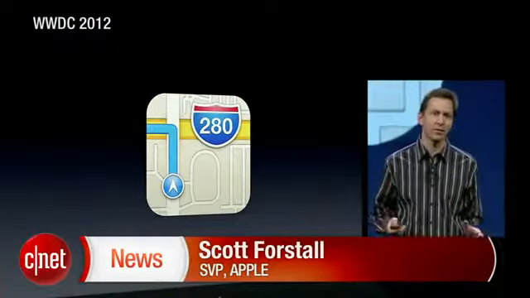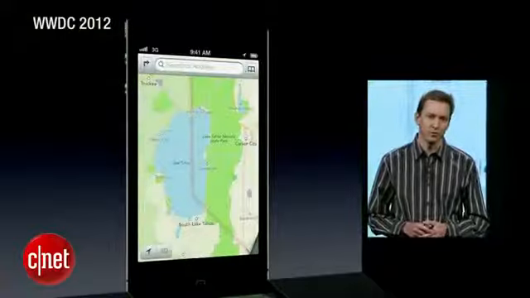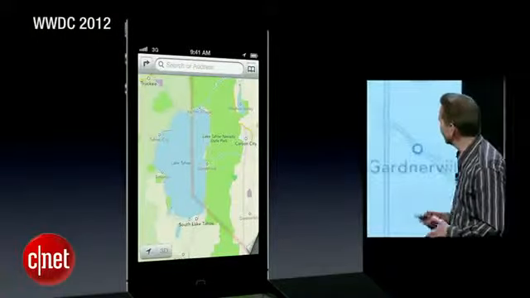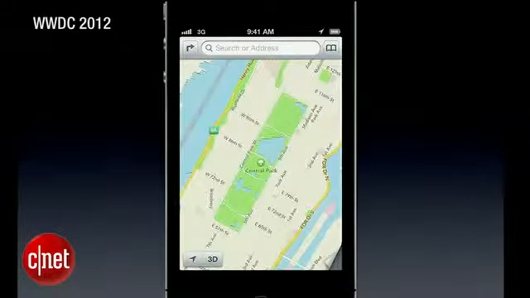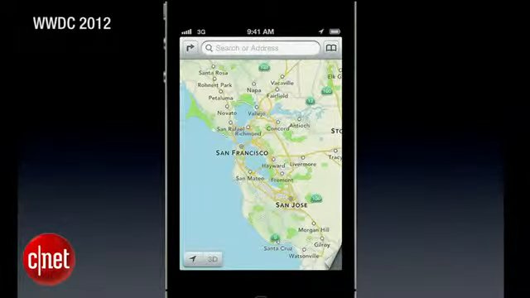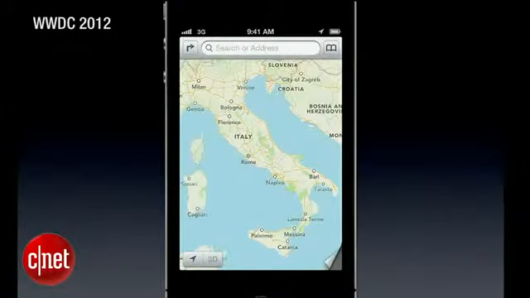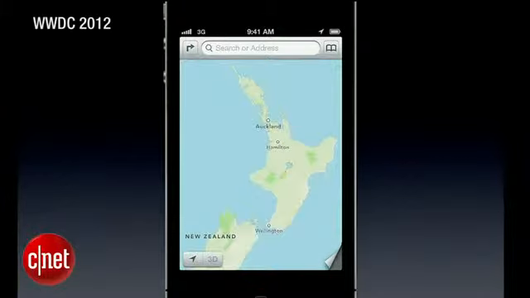In iOS 6, we have built an entire new mapping solution from the ground up, and it is beautiful. This is what Lake Tahoe looks like. We're doing all the cartography ourselves. Here's New York City, San Francisco. This is a worldwide effort. We're covering the world. Here's Italy, New Zealand,